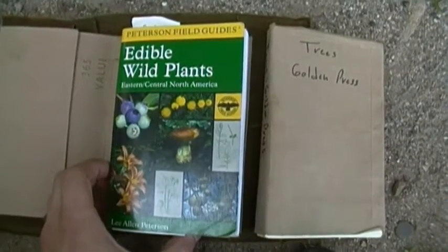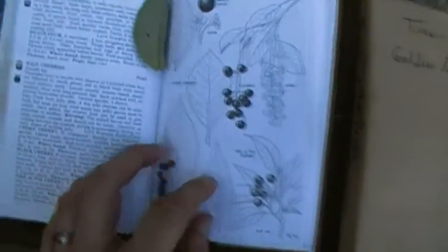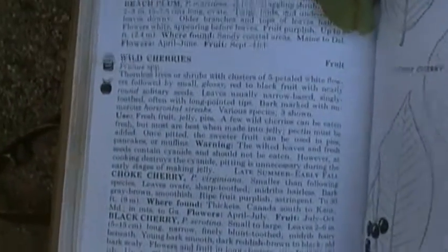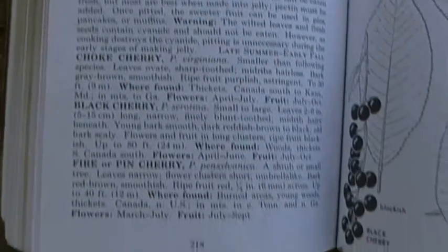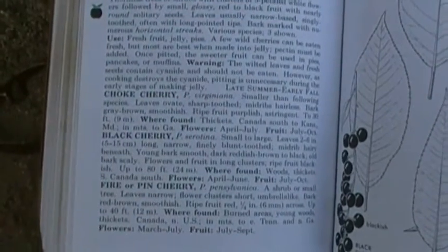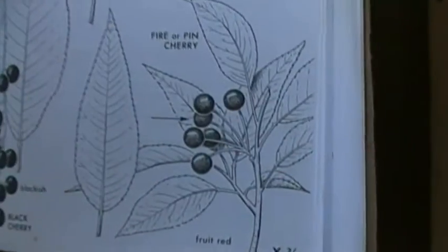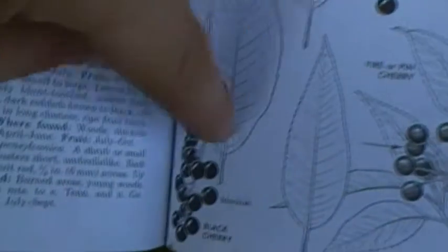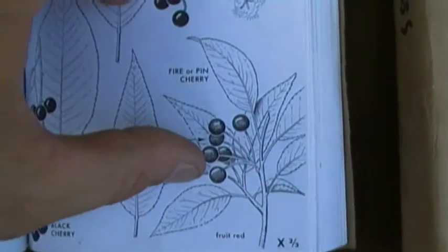Okay, so here's my Peterson's edible wild plants, which can be found on our website, nativesurvival.com. And wild cherries is on page 218. Now, you're going to see that there's actually quite a few wild cherries. There's 3 right there. So, you really need to know which ones you're dealing with. And you'll notice that one of the easiest ways to tell is how the fruit is grouped and coloring. So black cherries in a drupe, fire or pin,